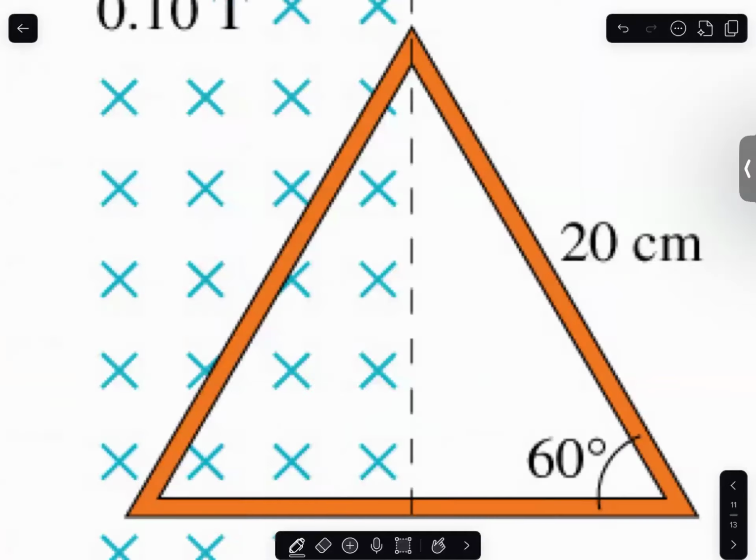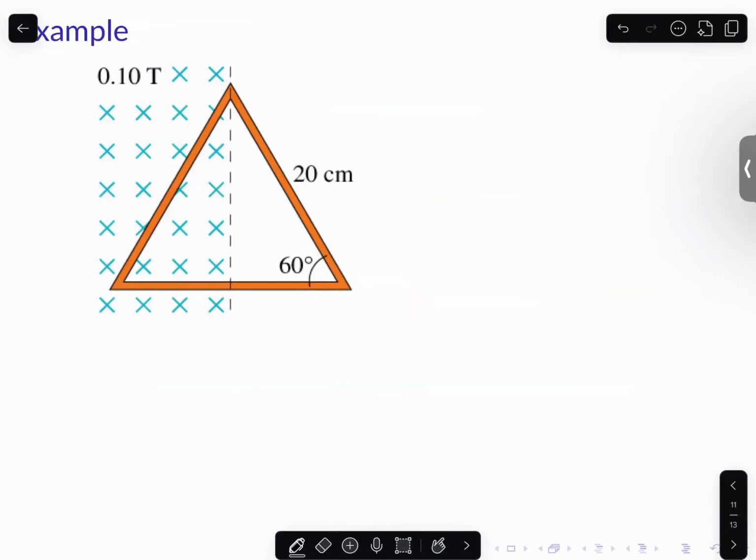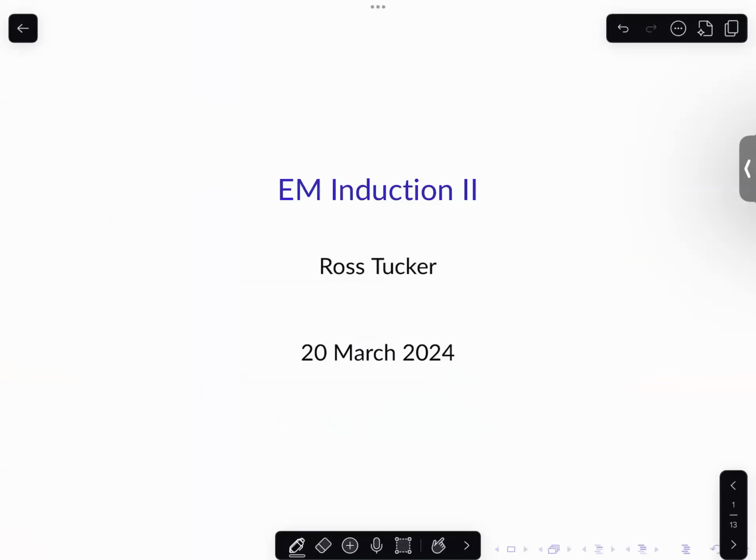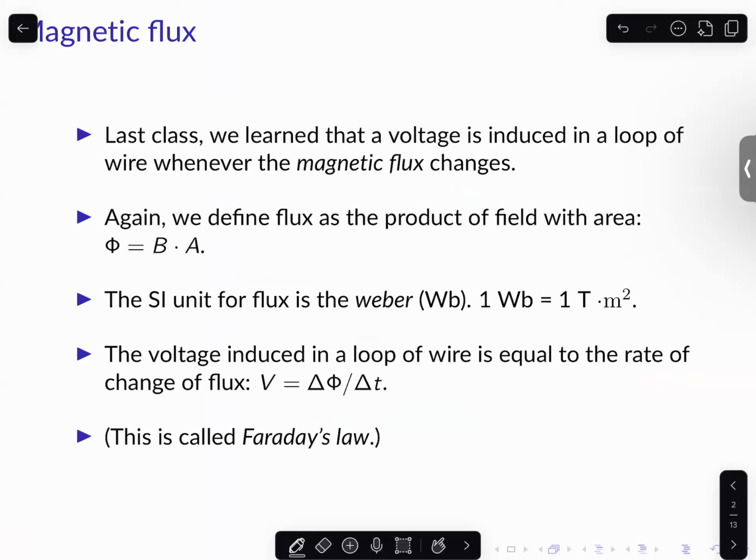Okay, before we are out of time, I would like to review the core of Ampere's law, because last class, what I'm seeing now is you answered a whole bunch of questions correctly at the beginning of this class about is there flux, is there not flux, am I changing flux, which way am I changing the field that makes the flux? But I want to make sure that you are able to calculate voltages correctly. And there's one subtlety that I didn't go into before about number of turns. So to review from last class,